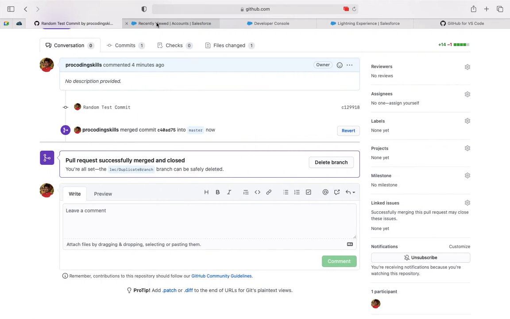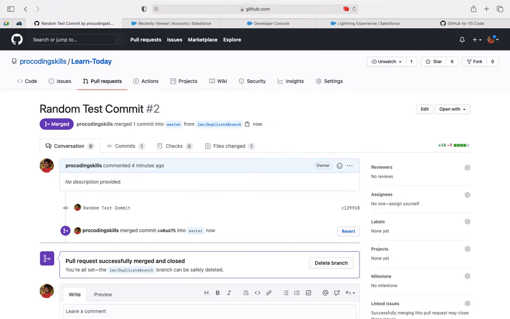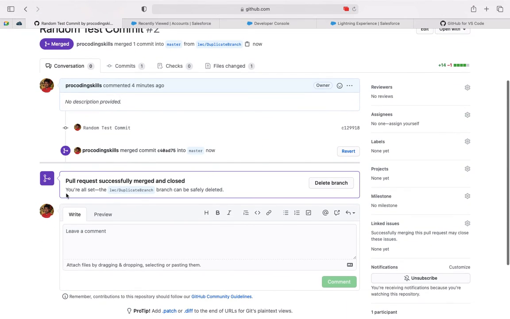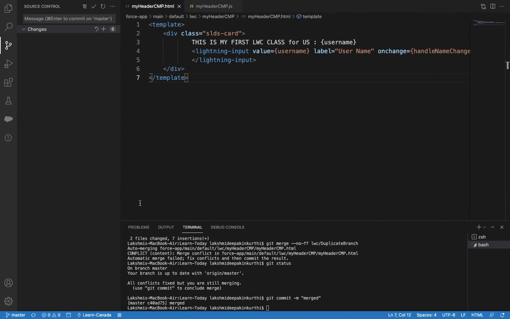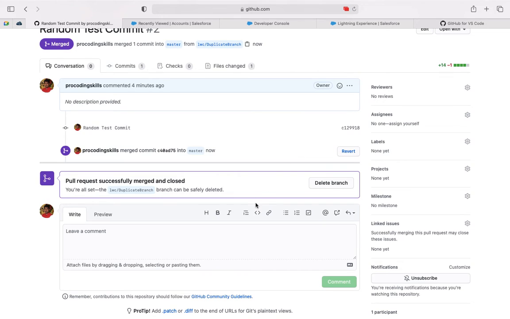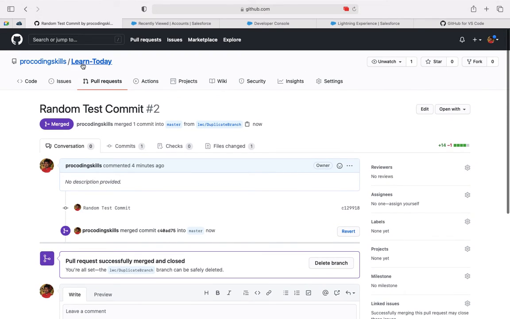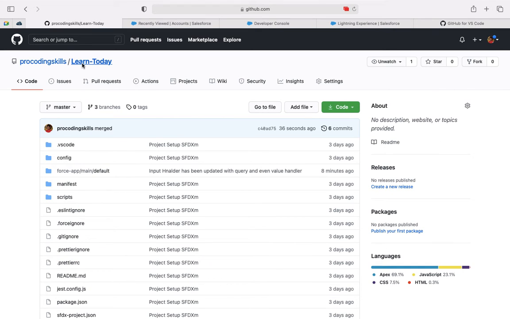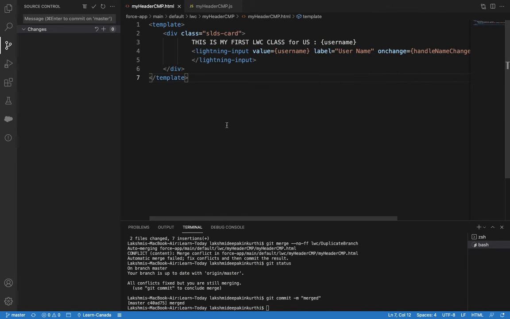Let's go back. Here you can see the changes now. So the request has been merged and closed because I merged this request within my code. Why did I make this? Because there is a conflict within the code. So this code is also merged to learn today. If I check it out, let's say I'm in master now.